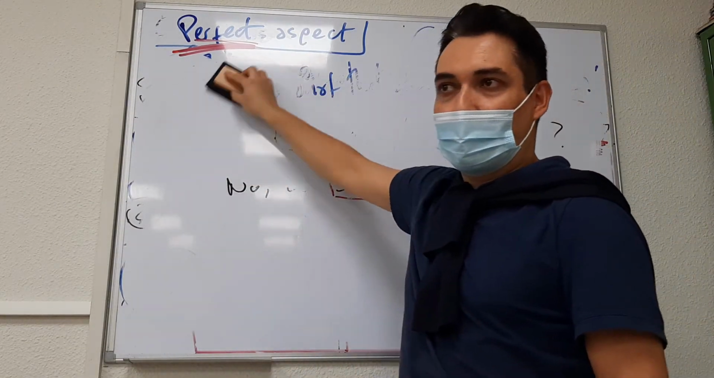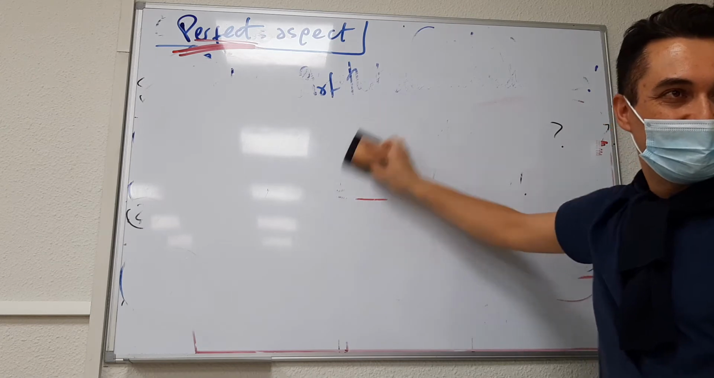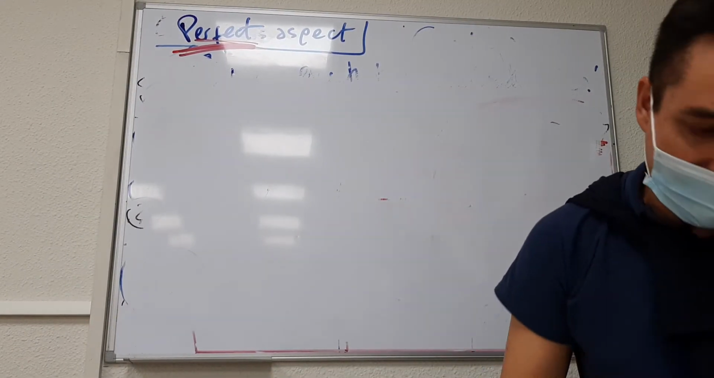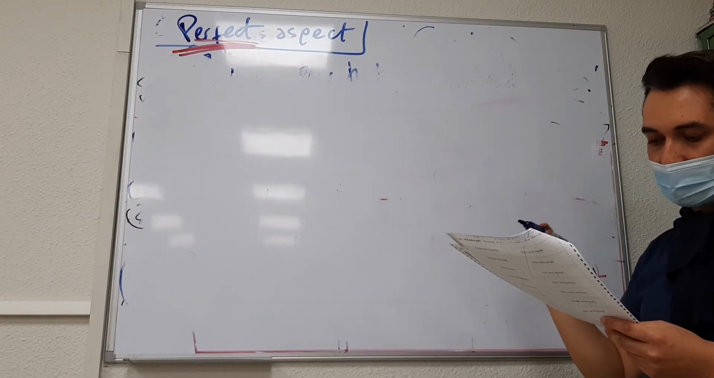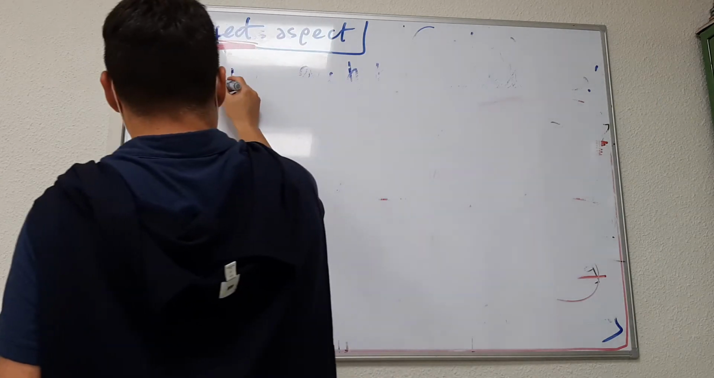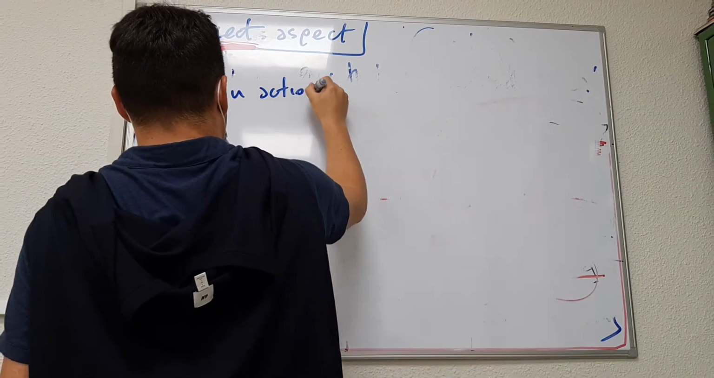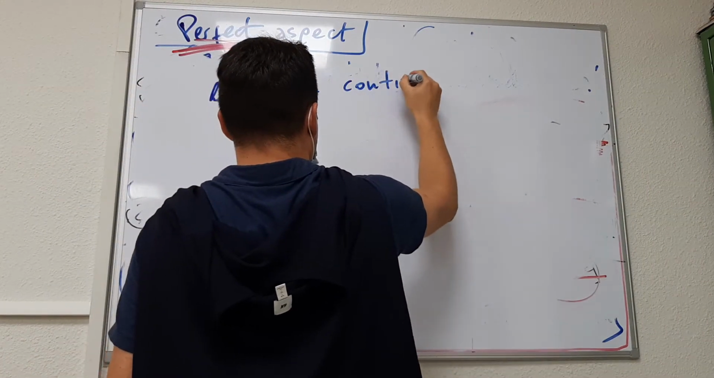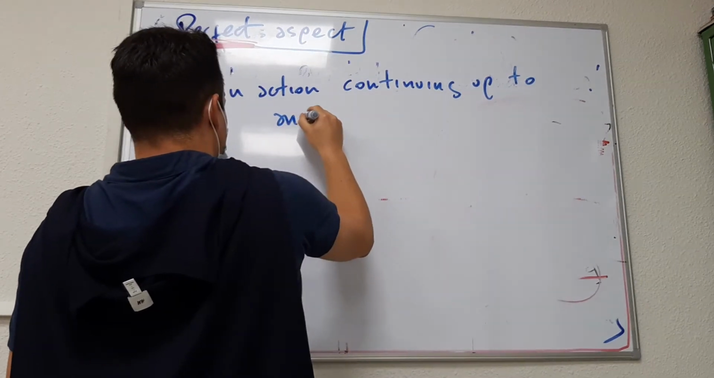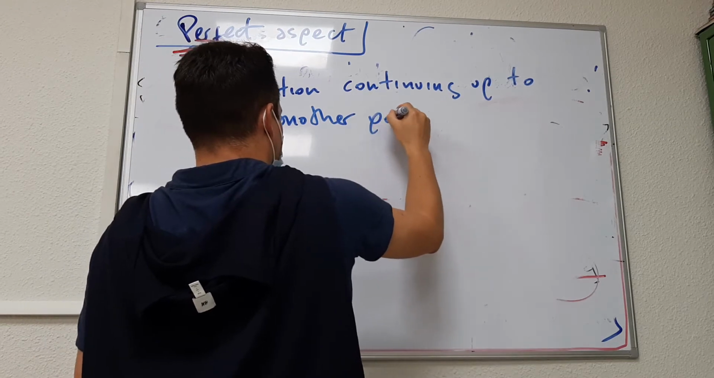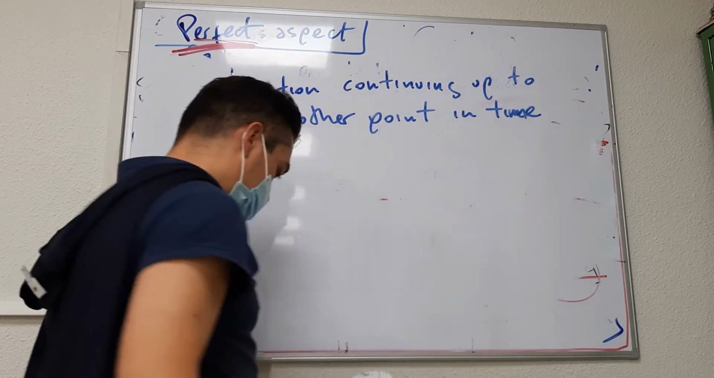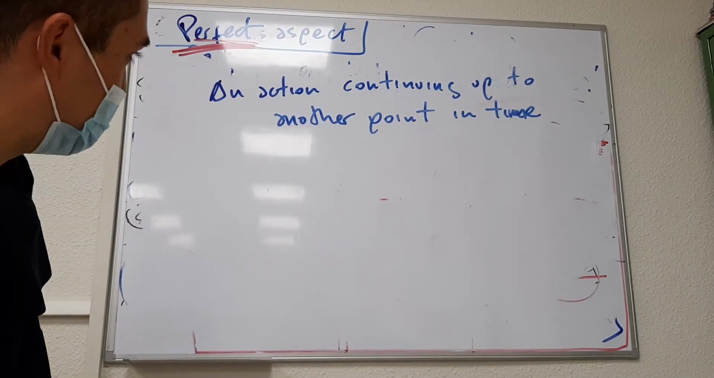This is like a review of all the previous years. Okay, now the last use of the perfect aspect is to describe an action continuing up to another point in time. An action continuing up to another point in time. For instance, his work as a teacher,